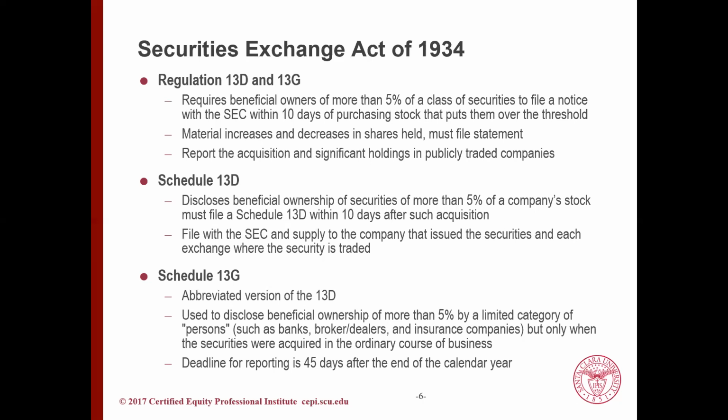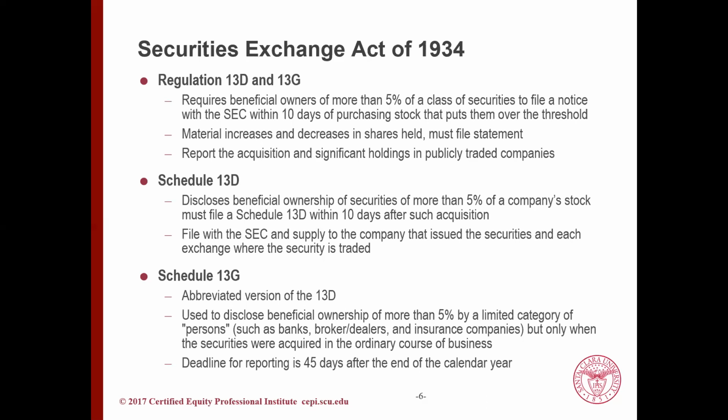the purpose for which acquired, and whether there are any agreements between the filer and the issuing company relating to the shares owned. Form 13D must be filed with the SEC and sent to the issuer within 10 days of the acquisition that triggers the filing. After that, the filing must be amended for any change in beneficial ownership of more than 1%.